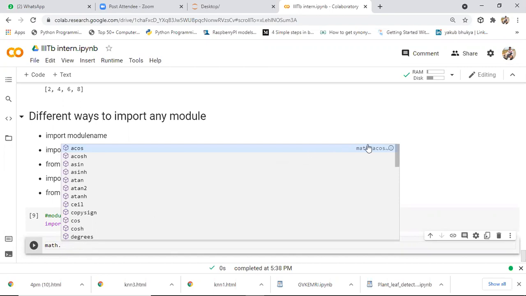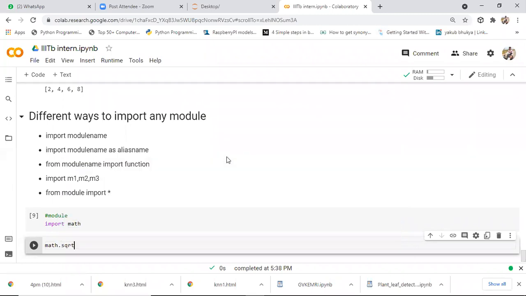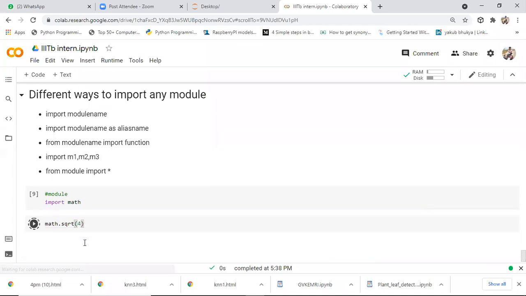Like here at the side, you'll also get a suggestion on how to use that function, for example math dot acos, the inverse cosine. If you want to use this function, you get a description. Similarly math dot acosh, the hyperbolic version. Whatever functions we have, you can see all of them, guys. These are all the different functions present in this module. Previously, to perform a square root operation, we wrote a program, right? Here we need not write the program. Even in the math module, we directly have that square root function. Simply if you specify 4, it will give you the output 2.